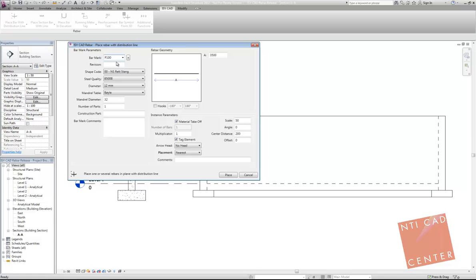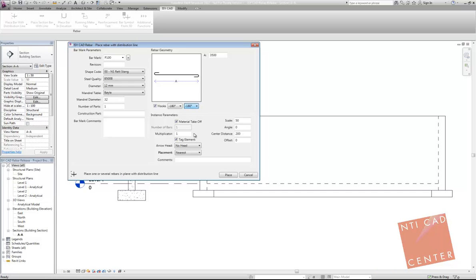Revision numbers, we don't have any revisions since it's a new project here. And the shape code. So basically when you specify the shape code of the rebar, the picture changes. And as well, if you specify something else, for example, I'm selecting a straight rebar and I'm saying I will add hooks on it. You see that the hooks are being applied to the picture, so it's pretty easy to see what actually changes you're making